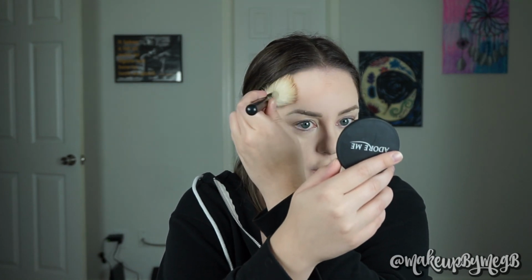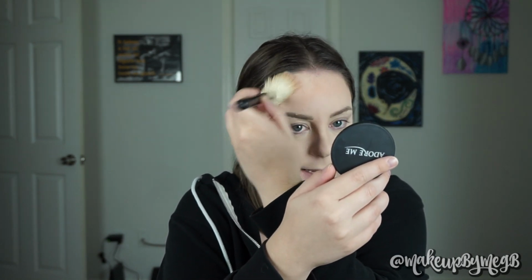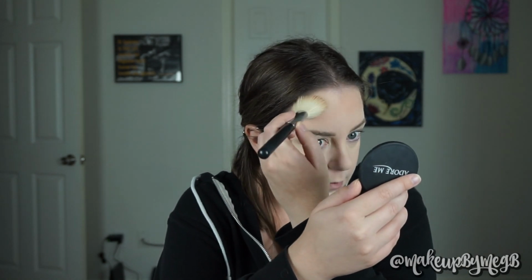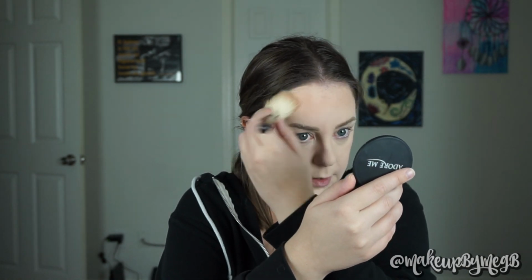So when you have dry skin and you're using powder on top of foundation or powder on top of powder, it's best to just sort of pat it instead of swiping it, because you can disrupt the product. And if I do swipe, I barely have the bristles touching, but it can still make it look really bad. I'm not happy at all with how this contour powder is sitting on top of the foundation. I'm really just disappointed,